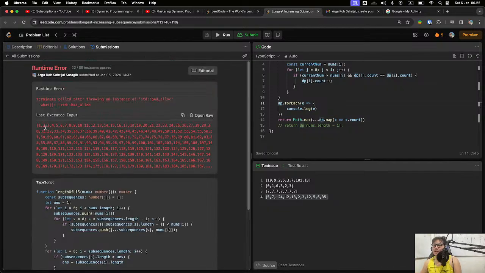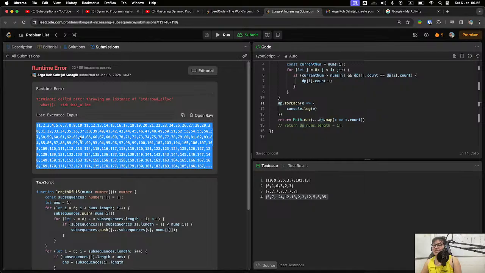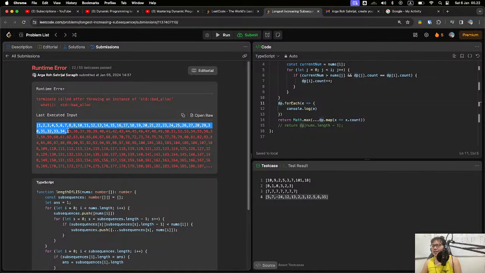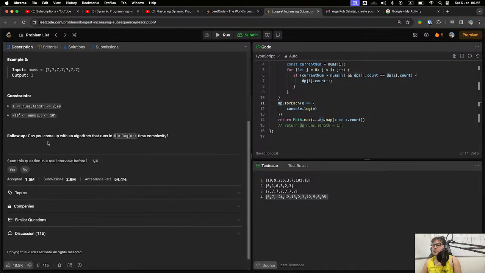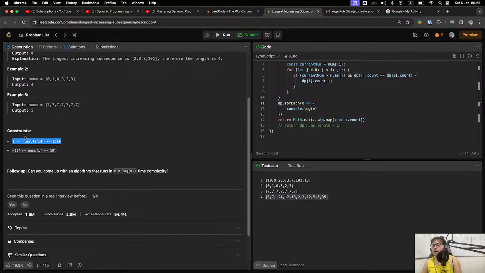The algorithm was running out of memory because in this test case, I didn't confirm this, but from a slight look at this array, you can guess it contains a series of numbers increasing by one every element, and the number of elements here is 2500, equal to the constraint of the problem.